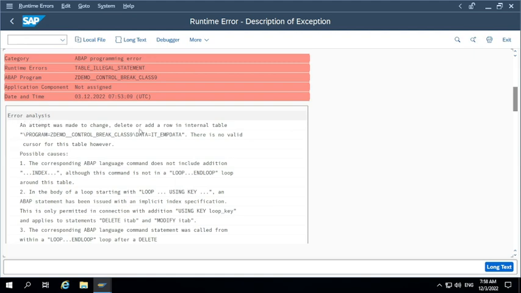An attempt was made to change or delete the row in the internal table. There is no valid cursor for this table, however. So the corresponding ABAP language command does not include addition index. What it is saying? It is saying that index statement is missing. Okay,